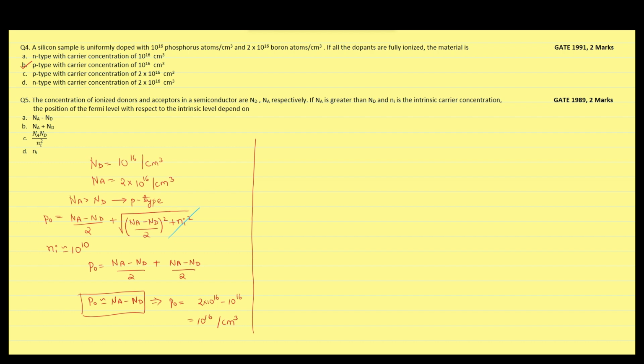From the fourth question itself, we found that the value of P0 is equal to Na minus Nd. And also, we have a formula for finding hole concentration with respect to intrinsic carrier concentration, which is P0 equal to Ni into exponential of (intrinsic Fermi level minus Fermi level of the p-type semiconductor) divided by kT. If we replace P0 with Na minus Nd, then we will get